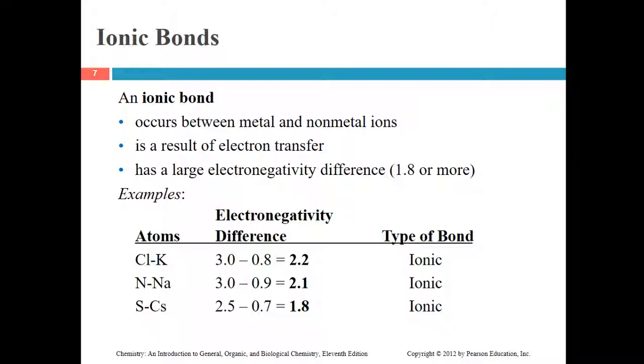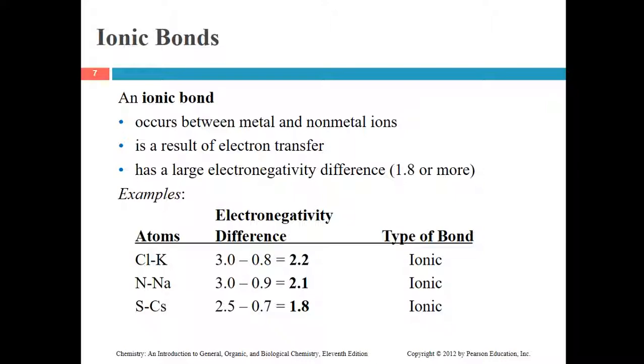Well, so this has such a huge electronegative difference that is what is going to make the ionic bond such a strong attraction, and it's going to make the ionic bonding of ionic compounds to have such a high melting